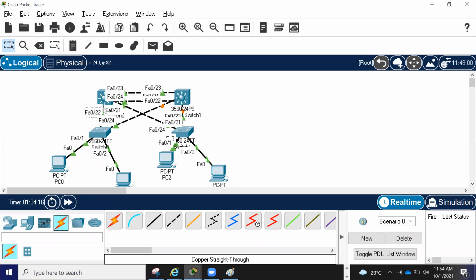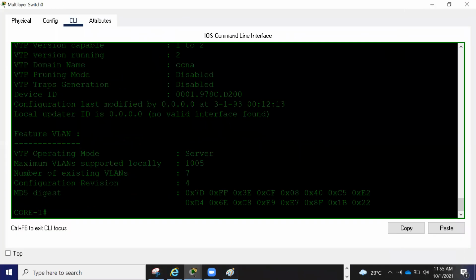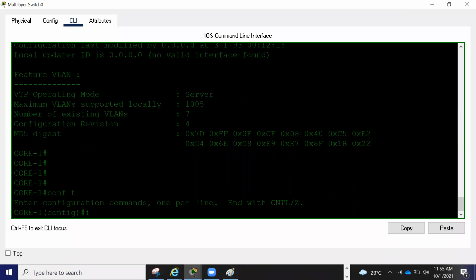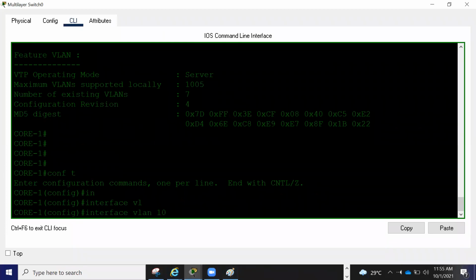So now where to configure the gateway? कहाँ पे configure करेंगे? Core 1 और Core 2 है वहाँ पर. So let's go and see that. There is something called config terminal. We will create interface VLAN 10. Yesterday I told one terminology: when we configured a virtual interface, what is it called?